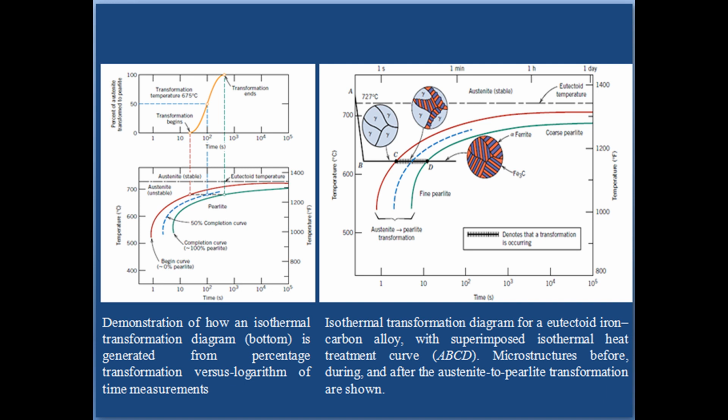The thickness ratio of the ferrite and cementite layers in pearlite is approximately 8 to 1. However, the absolute layer thickness depends on the temperature at which the isothermal transformation is allowed to occur. At temperatures just below eutectoid, relatively thick layers of both the alpha ferrite and Fe3C phases are produced. This microstructure is called coarse pearlite, and the region at which it forms is indicated to the right of the completion curve on the figure.